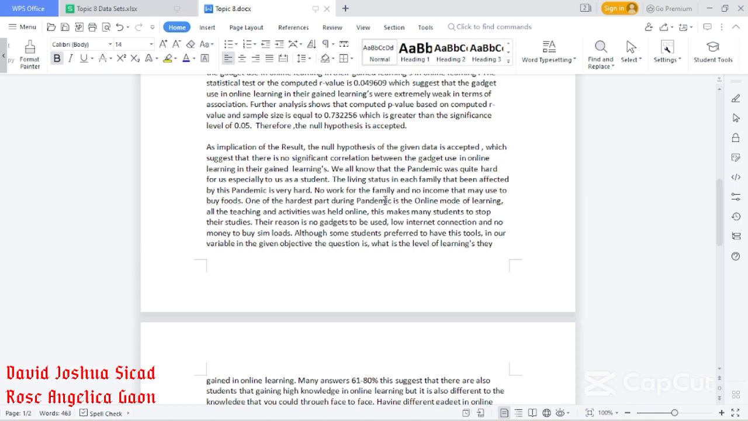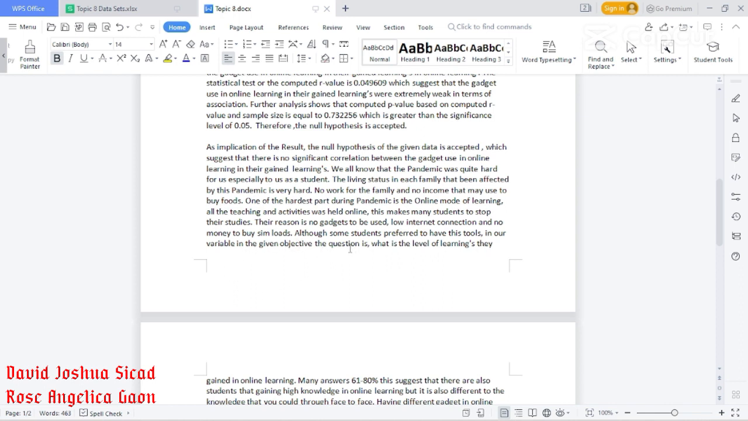One of the hardest parts during the pandemic is the online mode of learning. All the teaching and activities were held online. This makes many students stop their studies. Their reasons are no gadgets to be used, low internet connection, and no money to buy SIM loads. Although some students prepared to have these tools in our variable,